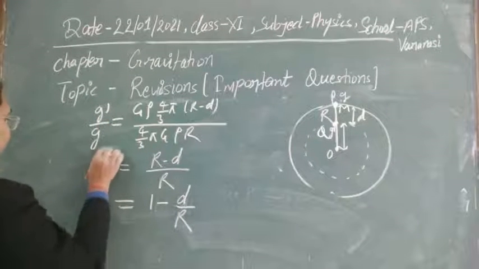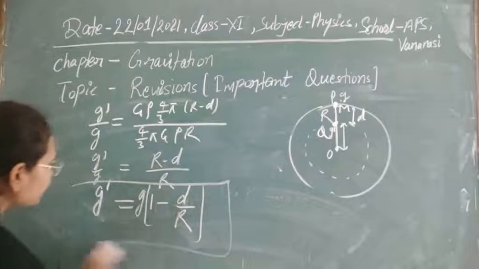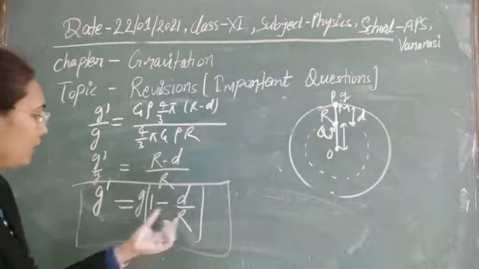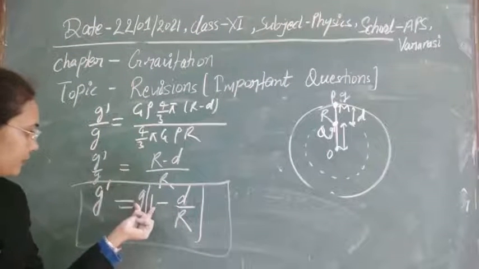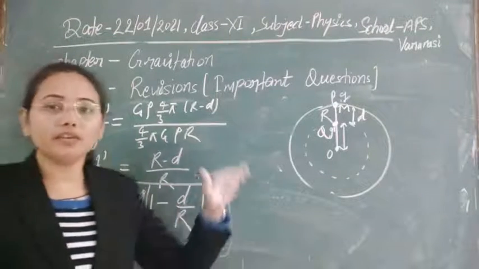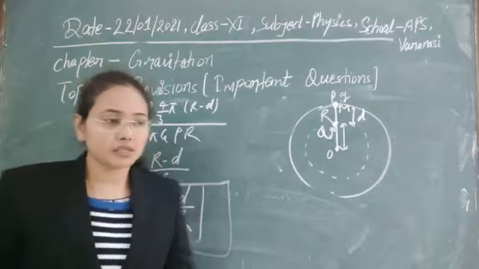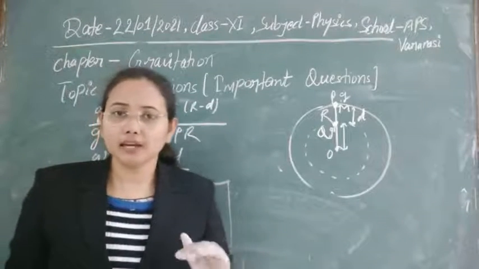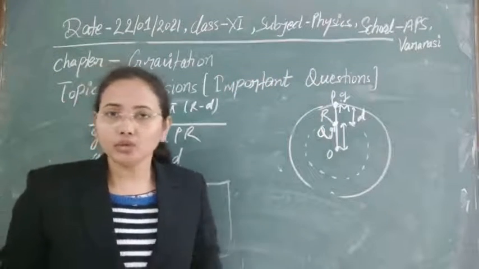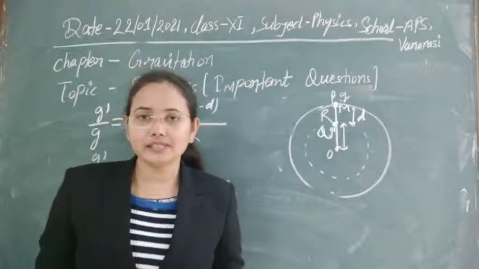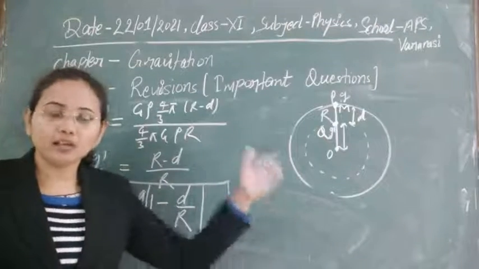So here if you write g dash by g, or g dash is equal to g multiplied by this, this is the change in gravity whenever we are going through the depth inside the earth. And here we are also seeing that this is g minus something, this factor. It means that whenever we are going into depth, then that time the acceleration due to gravity also decreases. With respect to surface, whenever we are going in upward direction or in downward direction, in both the cases acceleration due to gravity decreases. So with height it decreases more than with depth.